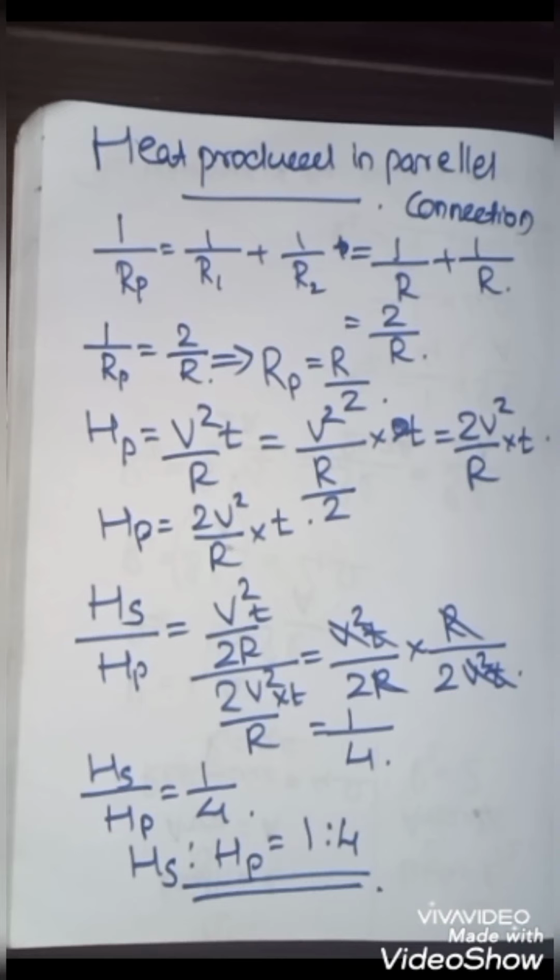So you should learn Ohm's law, Joule's law and the equations. There are many equations in this chapter. Please study the equations well and the problems related to these equations also. The problems are very important for your exam. Then we will start our new chapter, magnetic effect of electric current, in the next class. So we will continue in the next class.